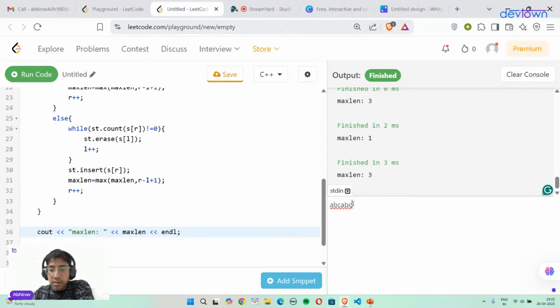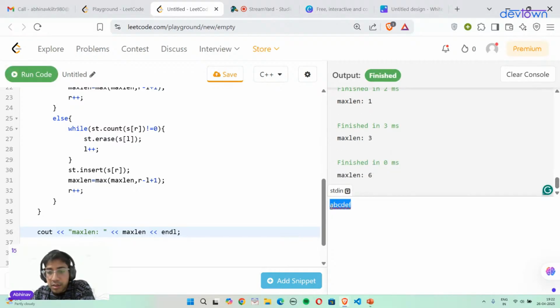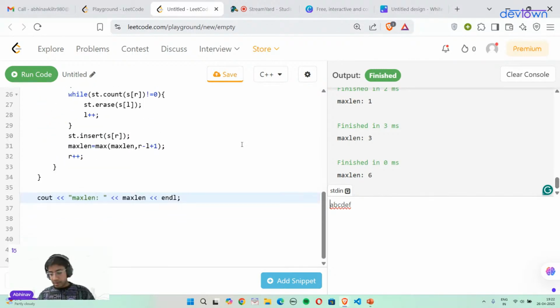Yeah, in this case, it's okay the same, but what if all elements are different? Let's see if it is giving the correct output or not. Yeah, in this case, it's also working. It's giving the correct output 6. So this is complete. So let me know if you have any problem in this. Otherwise, we will move to